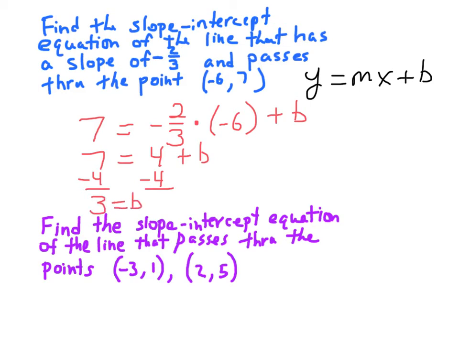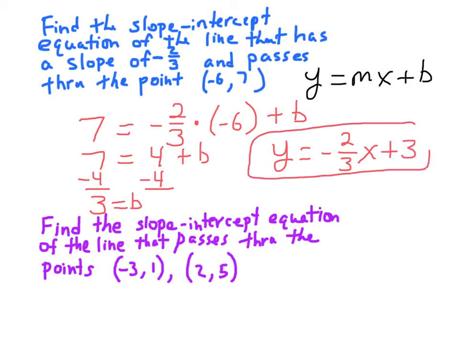So now I'm going to rewrite the equation y equals, I'll substitute that slope in there of negative 2/3 x, and I'll substitute this newfound value for b in for the b right there, and I'll get plus 3. And so that's the equation of the line. So if you were to graph this line,